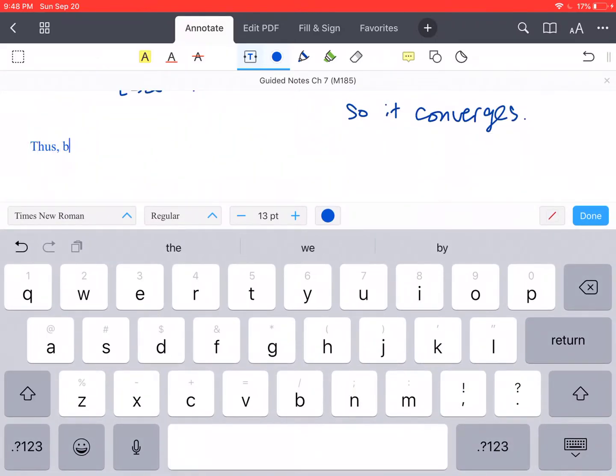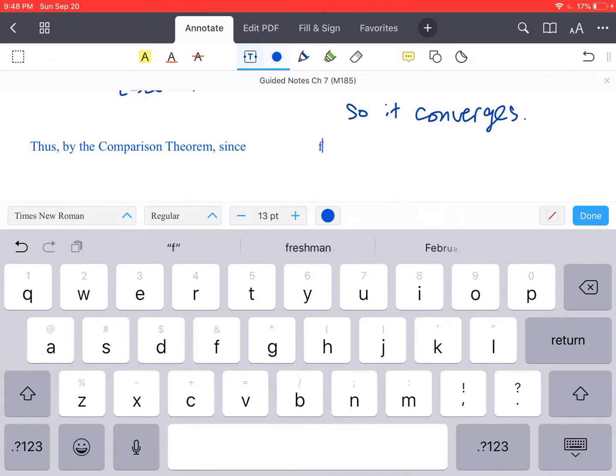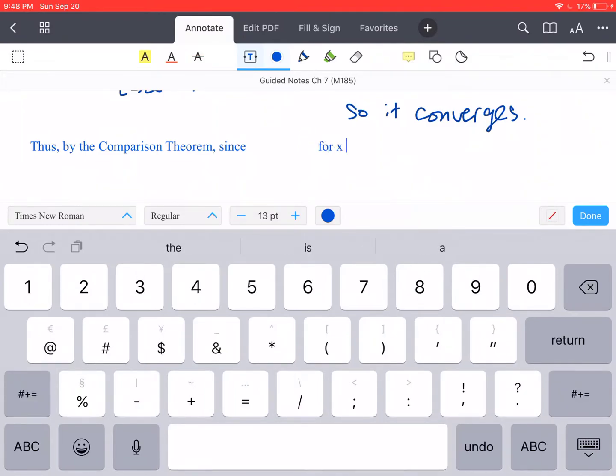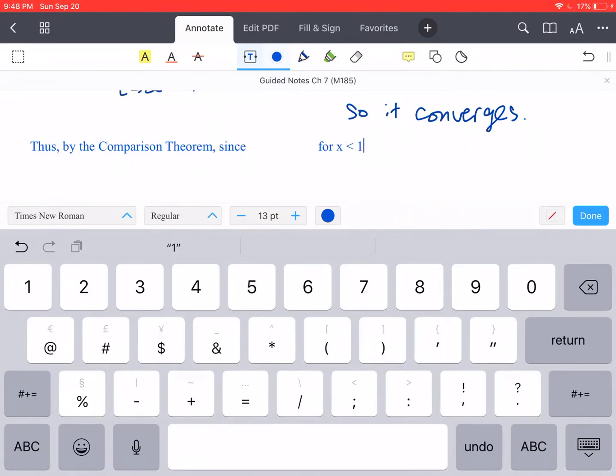So thus, by the comparison theorem, since, I'll fill in the e's in just a second, since e to the negative x squared is less than or equal to e to the negative x, for x less than or equal to 1,